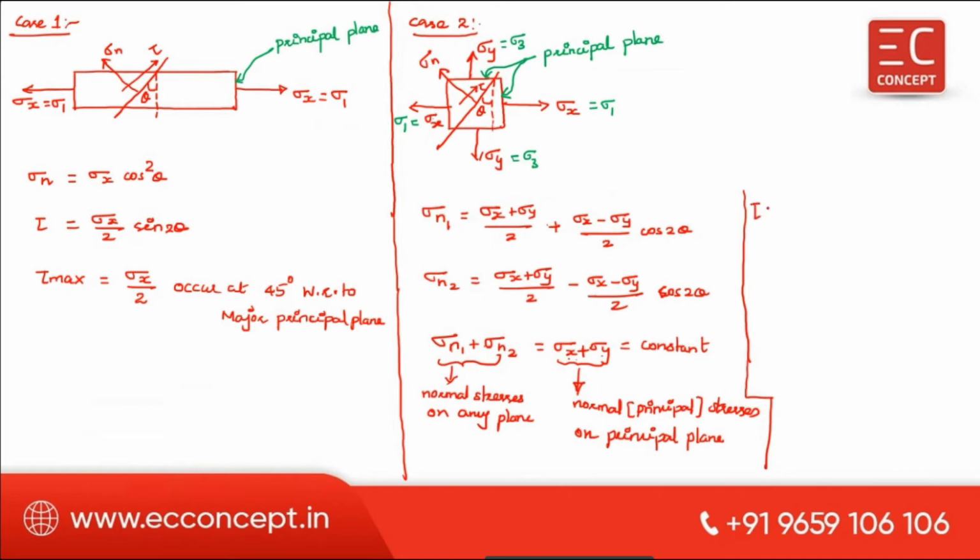tau, or the shear stress, which is equal to sigma x minus sigma y divided by 2 sine 2 theta. Sorry, this is the correct: tau is equal to (sigma x minus sigma y)/2 into sine 2 theta. Now, tau max occurs, same as the first case. Tau max occurs at 45 degree